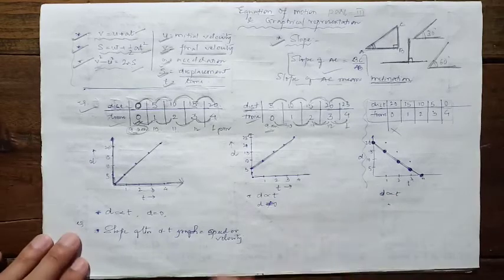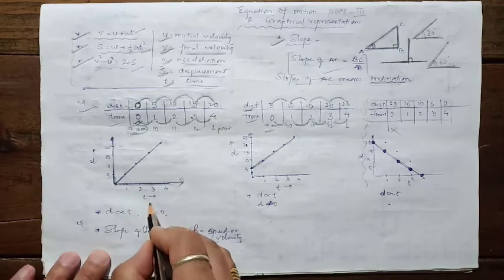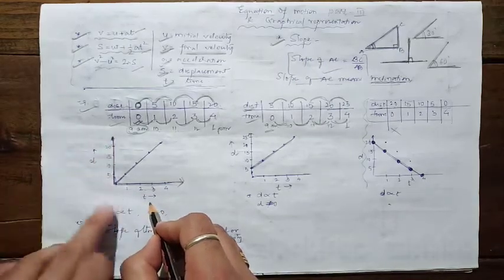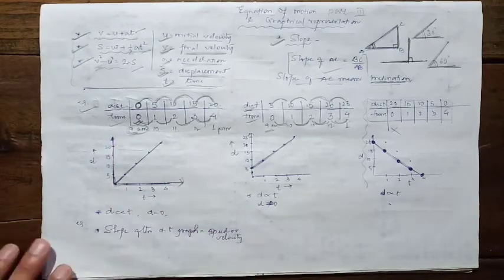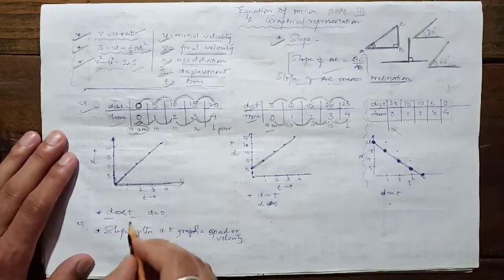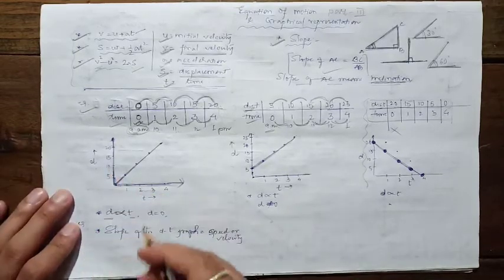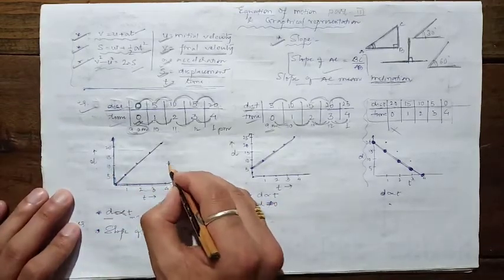So student, here in this case, distance and time: on the vertical axis distance is plotted, and on the horizontal axis we plot the time. D is proportional to T. Distance is directly proportional to time. Every time, students, you plot the graph for any two quantities which are directly proportional,